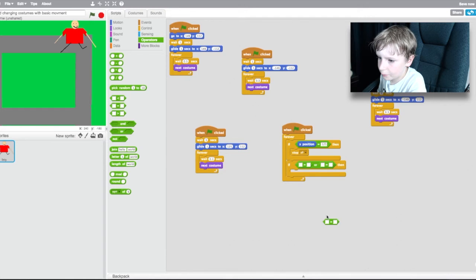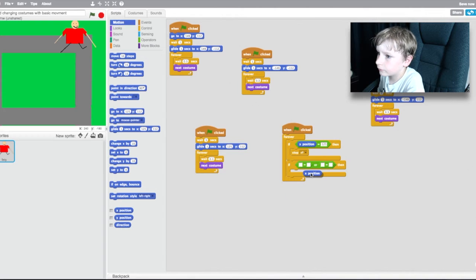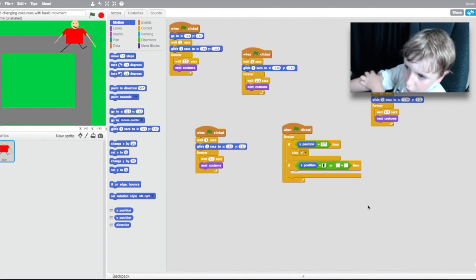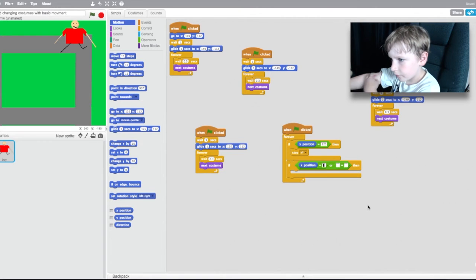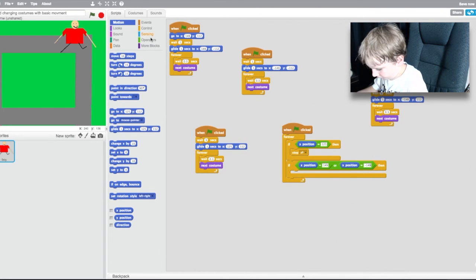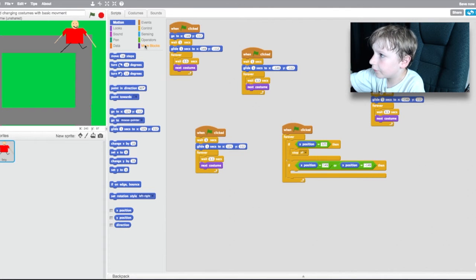Actually, I take the main one out. Okay. If x position equals 149 or x position equals negative 149, then